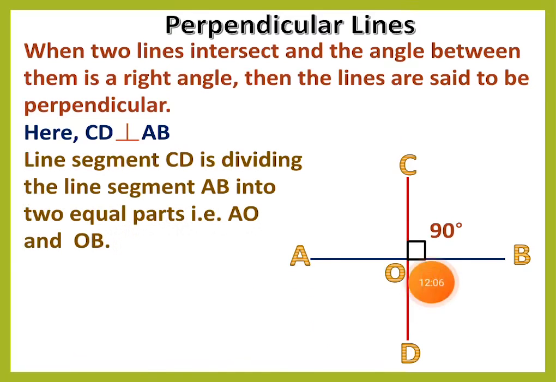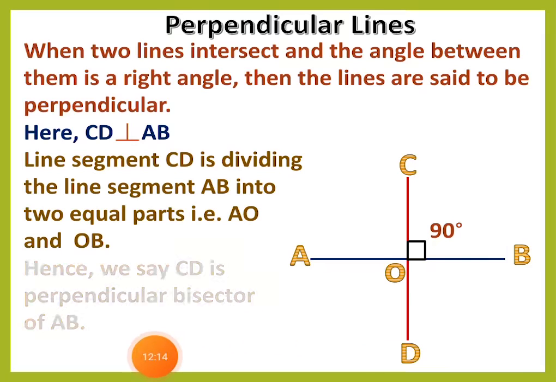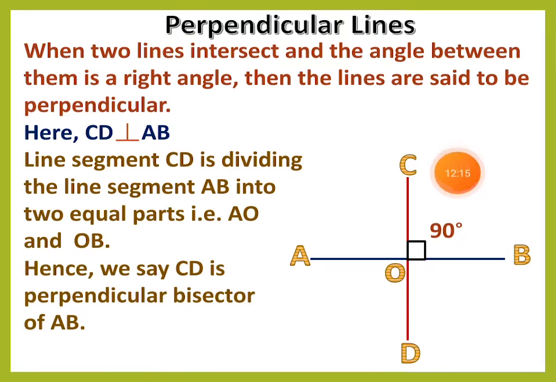So here this line segment CD is dividing the other line segment AB into two equal parts, that is AO will be equal to OB in measurement. In the same way, we say CD is a perpendicular bisector of AB. Okay,